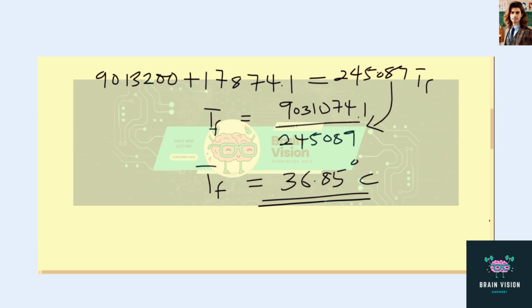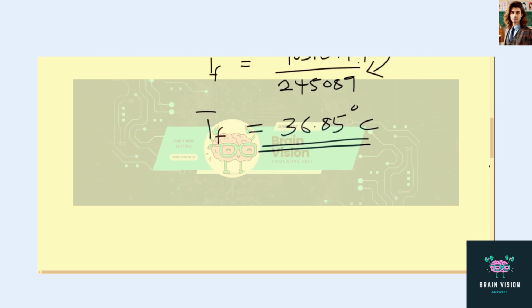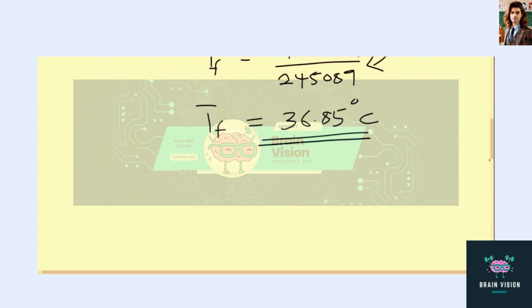So this is the final temperature as a result of the transfer of heat from the body of the man to the drink he took. That was the final temperature that the body attains. Now, this temperature should be taken into consideration. It's about 37 minus 36.85, which has a difference of about